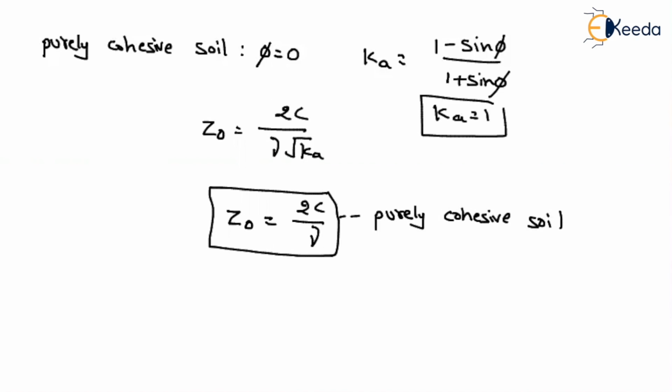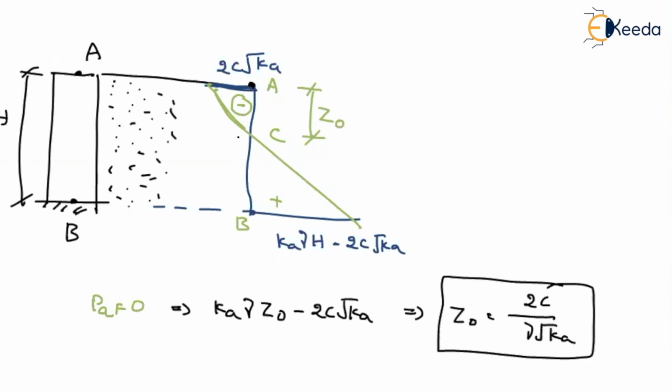And let us go to the diagram once again. It is under tensile in nature. It is under compressive nature. That means there will be some height up to which the soil can be retained by itself only. Let us say this is called the critical depth. Let us say ZC. So from here it will be tensile in nature. Up to this point it will be in compressive nature.